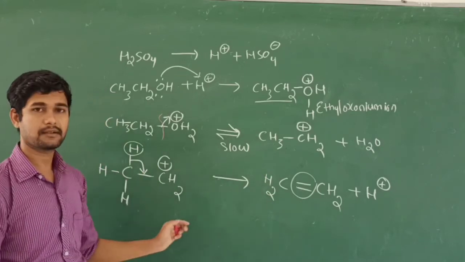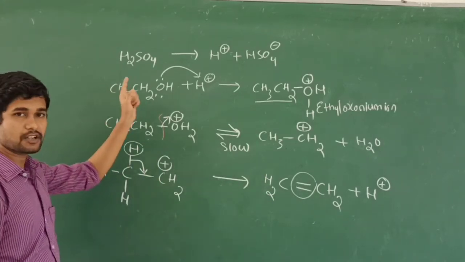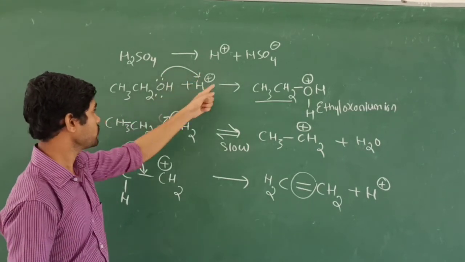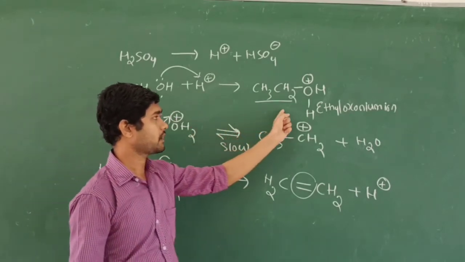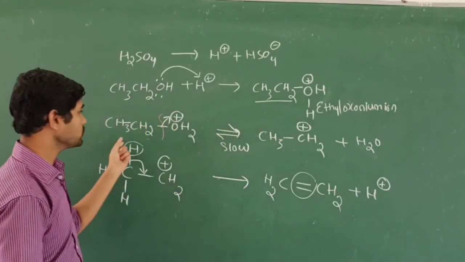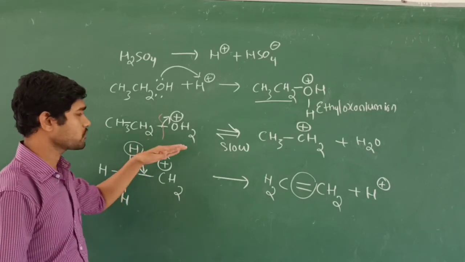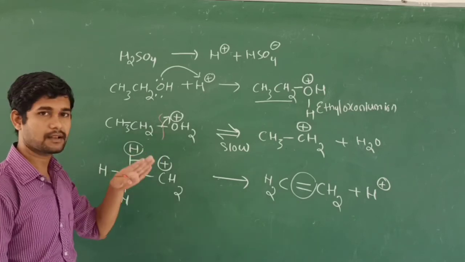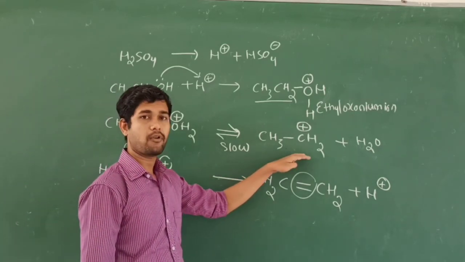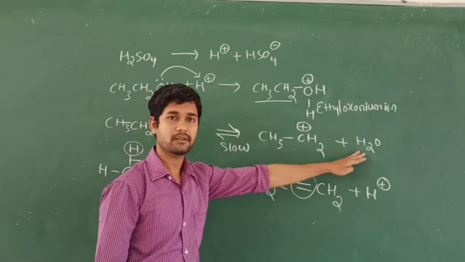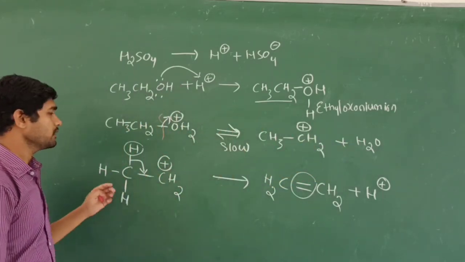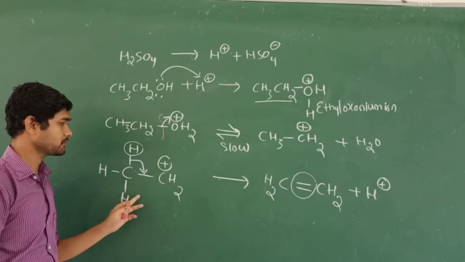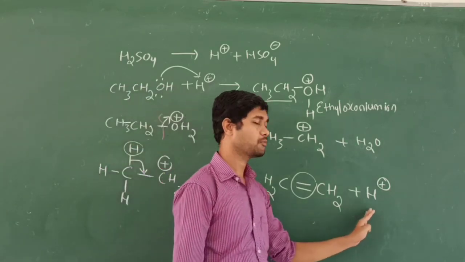So like this the mechanism involves 3 steps. The first step is generation of the proton from the acid. This proton is going to react with the ethyl alcohol in order to get the ethyl oxonium ion from step 1. In step 2, this ethyl oxonium ion undergoes the slow step, which also acts as the rate determining step because it loses the stable water molecule. It takes time. So we get the formation of the carbocation and the removal of the water molecule. From step 3, we take this product, and this is the elimination of the proton. From this step 3, we obtain the alkene compound. Also we have removed the proton.